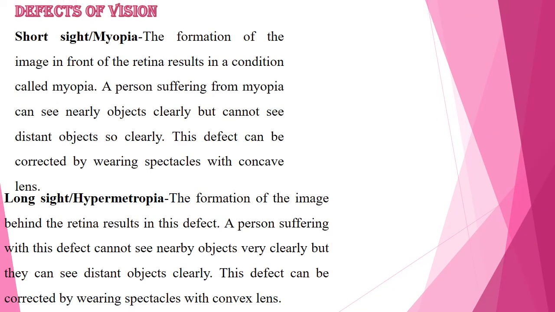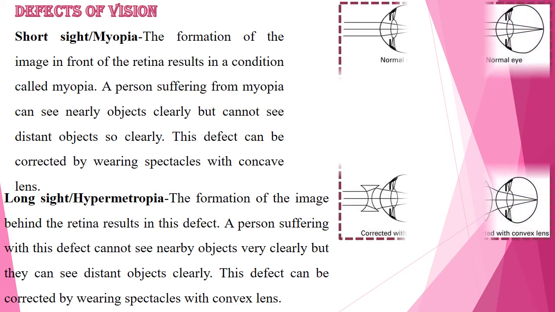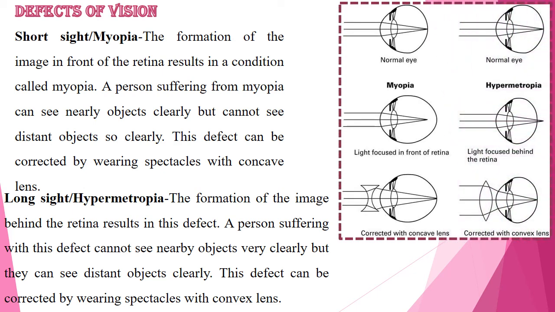Let us now look into some of the defects of vision. You know, children, that eye is a very wonderful instrument. And for normal eye, we can see the near objects and the distant objects very clearly. The minimum distance to which we can see the objects very clearly varies with age. The most comfortable distance at which a normal eye can see an object is about 25 centimeter.